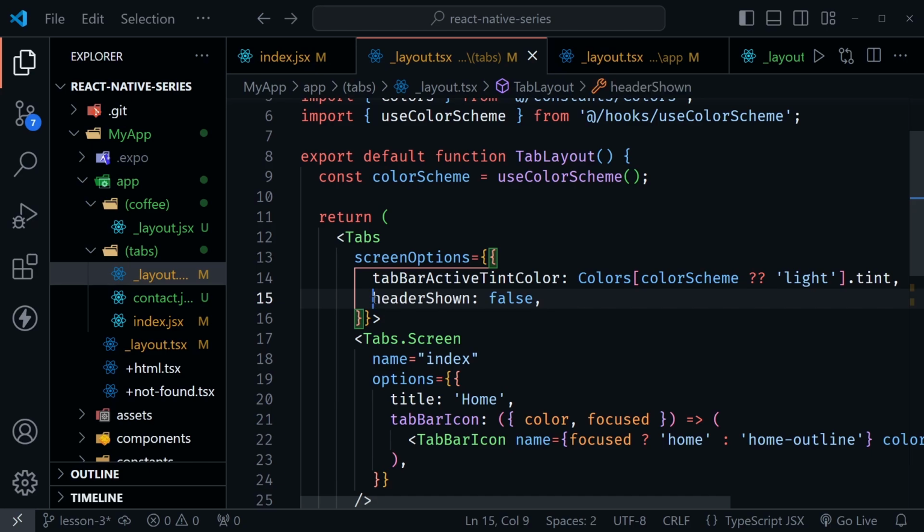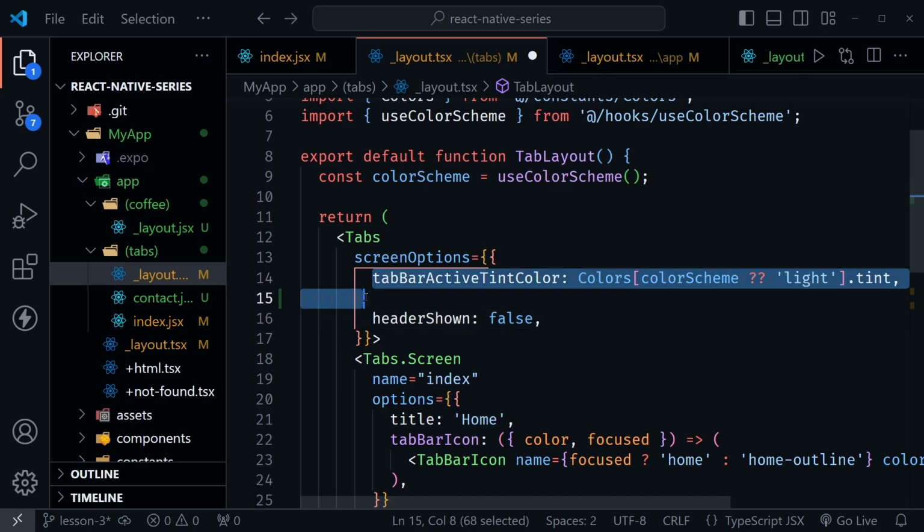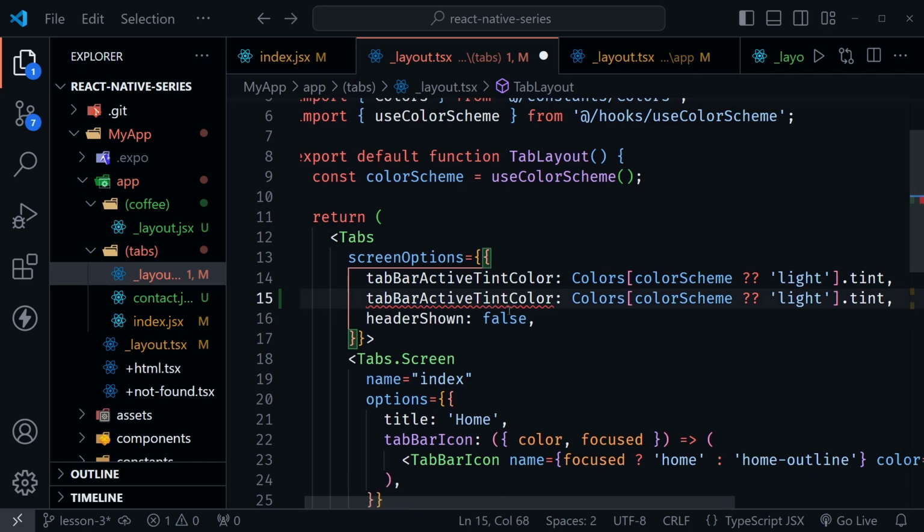So let me go ahead and do that just by putting the space. Then I'll highlight line 14, do Shift Alt and the down arrow. So I've got both. I guess I didn't need that space if I did that. Right now, they still have the same name, but what I want here is tab bar